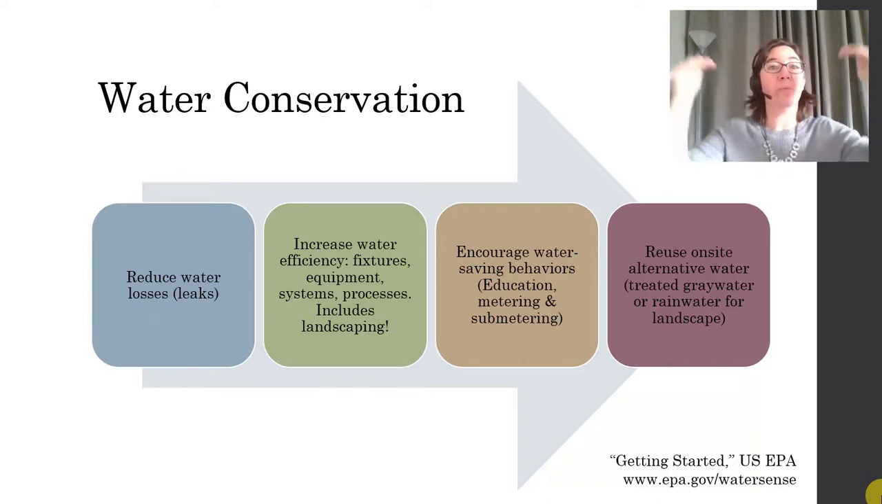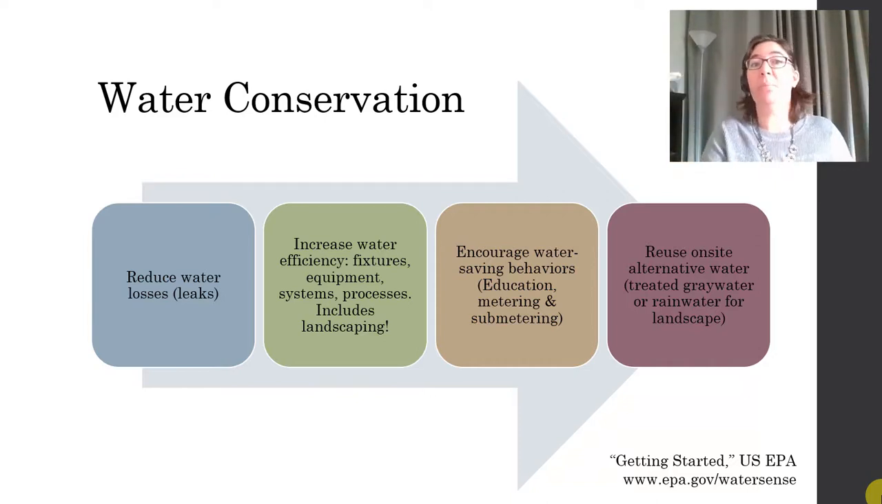So how can we reduce that water use or practice water conservation? There are four major categories or ways that we can reduce water use. And the first one is to reduce water losses or leaks. So maintenance is a huge piece of this problem. The second one, and probably the one that we can influence the most as architects and designers, is to increase water efficiency of fixtures, equipment, systems, processes, and a big piece of this includes landscaping. All right, so choose water efficient fixtures and